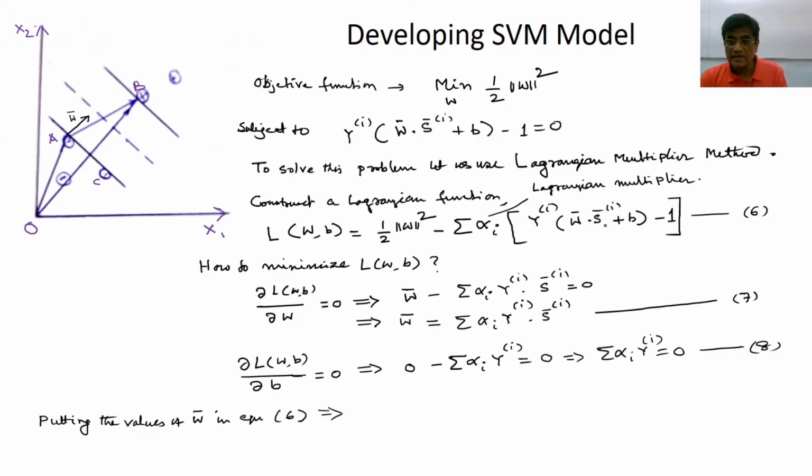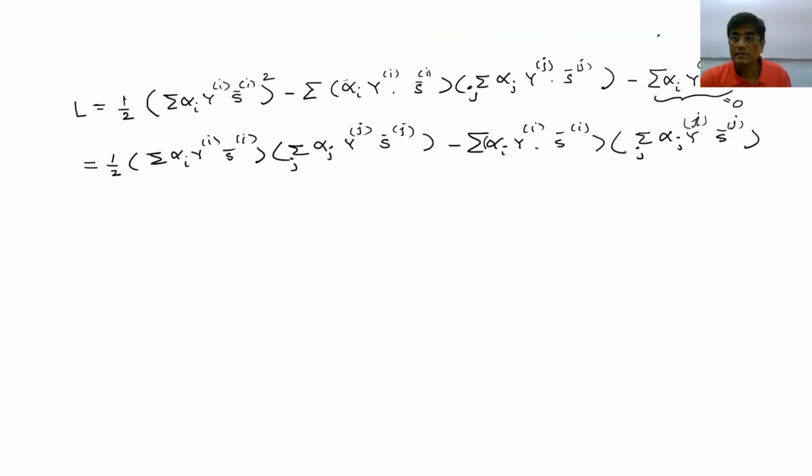Just you see here, this is equal to 0 from 8. From 8, this is equal to, I think I should plainly write it. And this is j. So plus